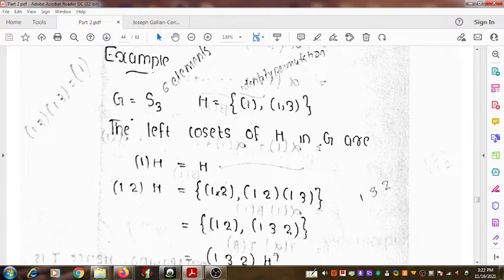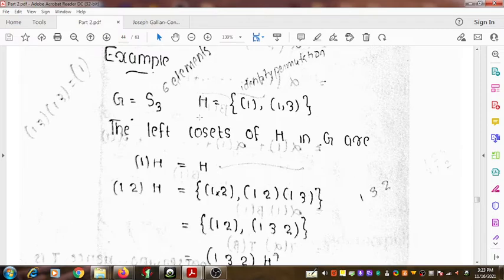So this is the first element, and then the second element we can expand it. One is mapped to 1, then 2 is mapped to 2, then the remaining elements are also fixed. Since we consider only 3 elements, 1 to 1, 2 to 2, 3 to 3 are the elements in this permutation. Next, the second element is (1 3). 1 to 3 and then 3 to 1, but the permutation fixes the second element, 2 to 2. So these are the 2 elements in the